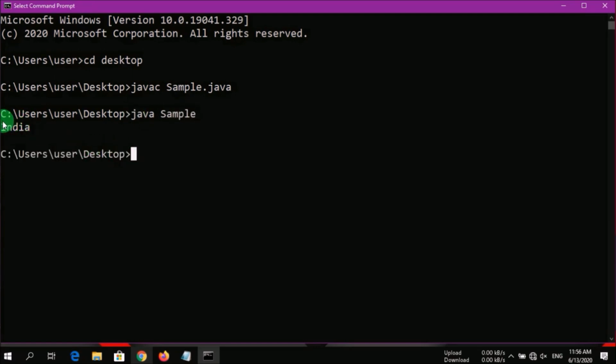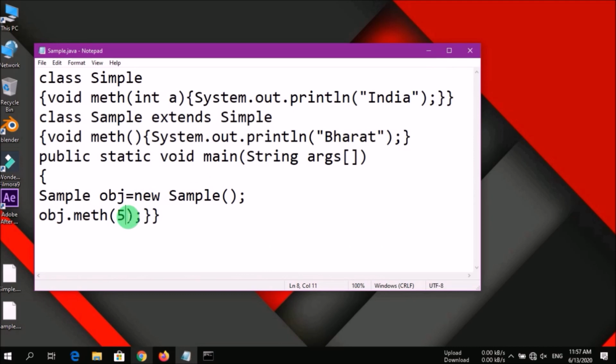You can see that on the basis of the concept of method overloading, it has printed India, as we have sent a parameter from here which matches the best possible type of the method, this one, and this is decided at compile time. But if you remove this one, and no parameters are sent there either,